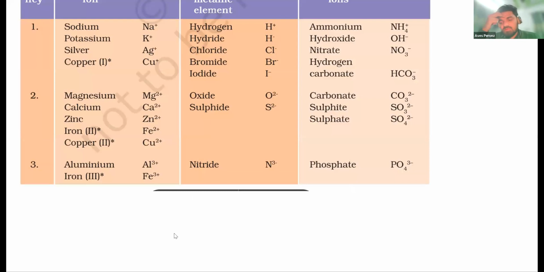Is it from the periodic table? Do we have to learn the periodic table? No, it is not from the periodic table. You're not going to learn the periodic table. Okay, so let me help you with some tricks. For example,